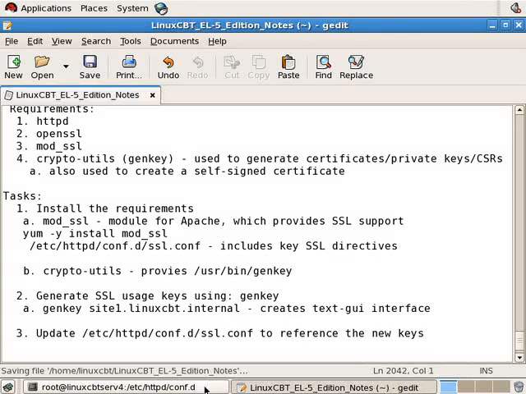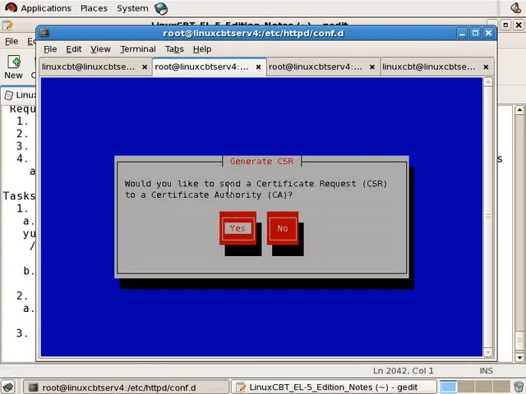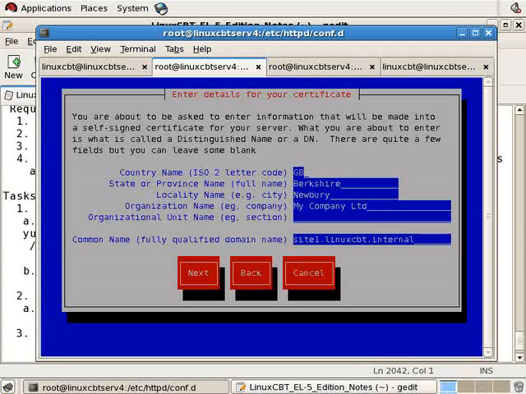But we're not at that step yet. We are finishing up. Now here we have the option to create a CSR, or certificate signing request. We don't want to create a certificate signing request because this key is tied to our fictitious internal domain of linuxcbt.internal. So we'll indicate no. And by doing so, we're propelled into an interface to create a self-signed certificate, at which point we should indicate